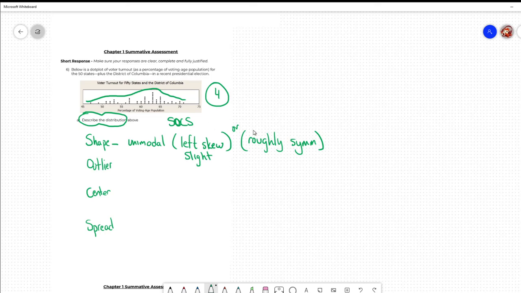Now, this is describing all four of these linked together in some way, shape, or form. Okay, these four kind of descriptors. If you're going to say that there's a slight left skew, then you better say under outliers. Yeah, there's a potential outlier. This might be a potential outlier. So I'm going to say a potential